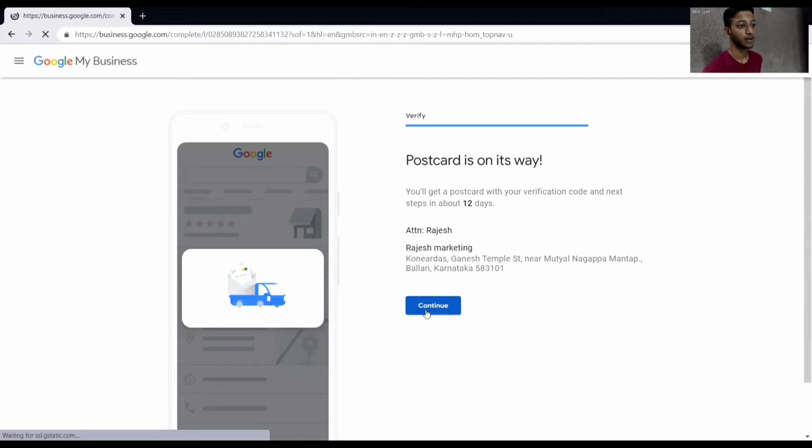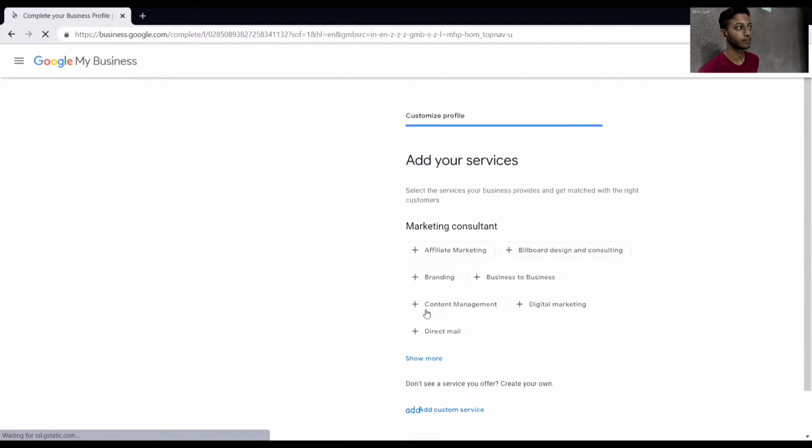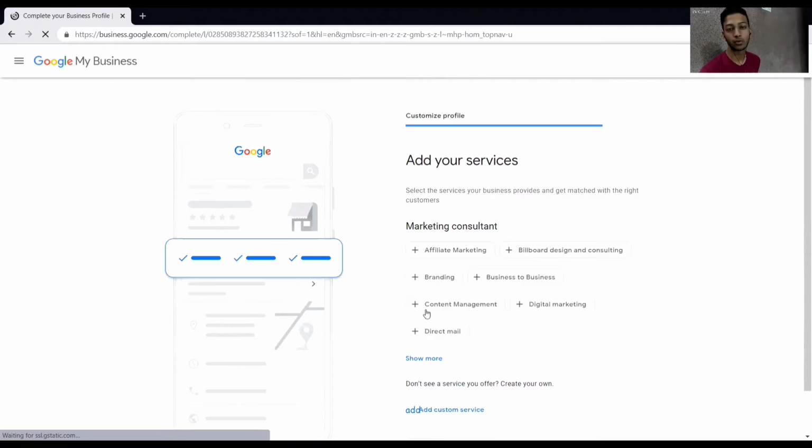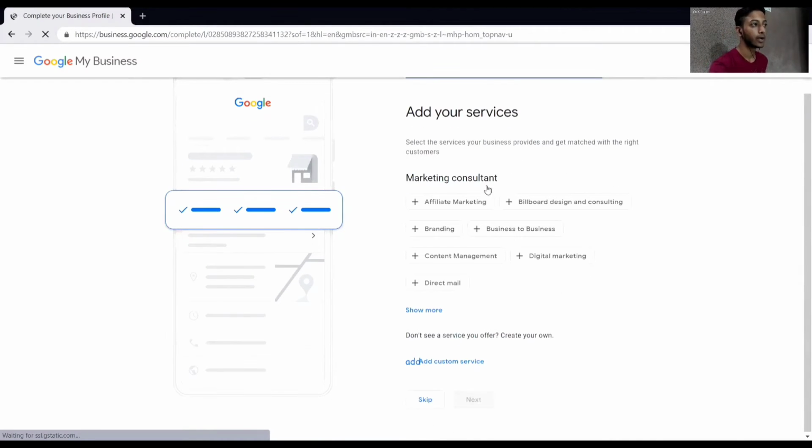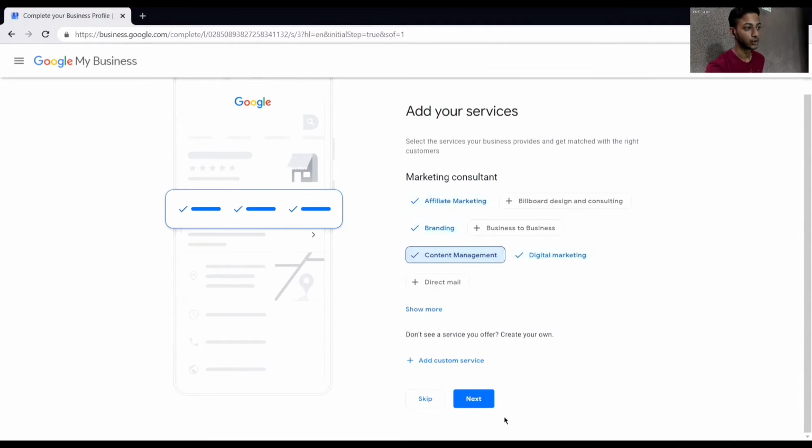It is very much mandatory to verify your business listing. If you don't verify it, it will not rank on your search page. Then you can add some of your services like digital marketing, affiliate marketing, content management. Show more or add some custom services. Okay, then next.